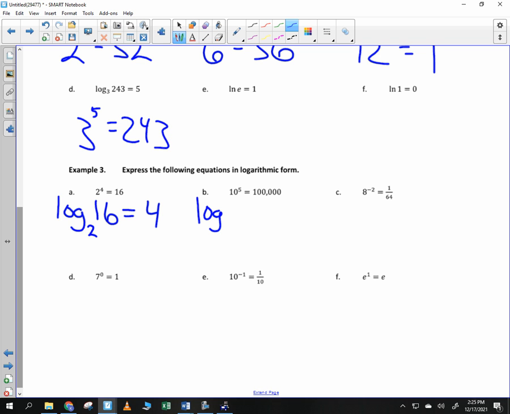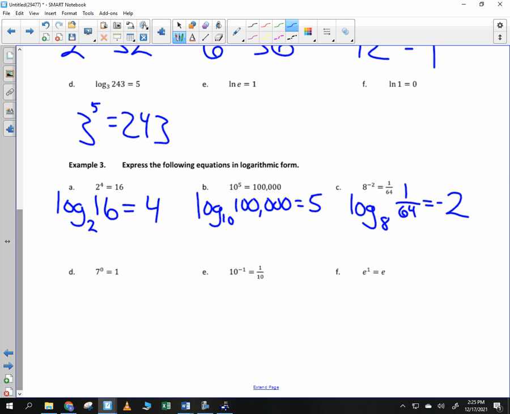Log base 10 of 100,000 is equal to 5. Log base 8 of 1/64 is equal to -2. And log base 7 of 1 is equal to